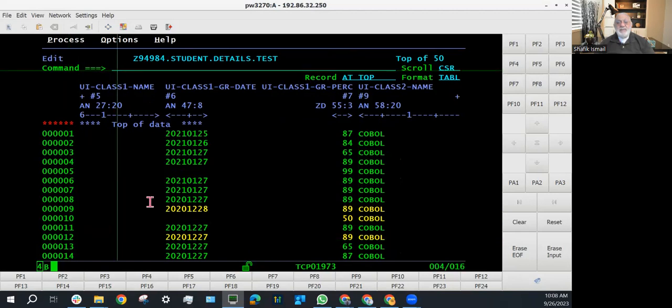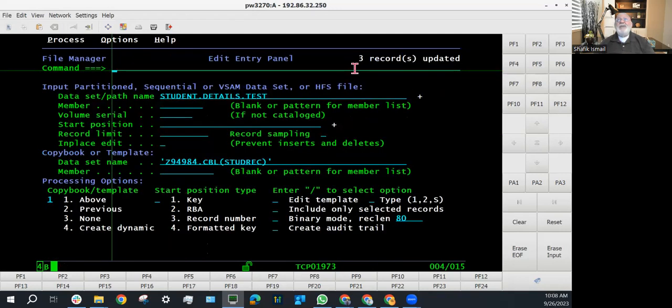Now, if I press PF3 to say accept the changes that I've made, and if I press PF3 now, it would tell us right there that 3 records were updated. All right, so that's how you can change a data set